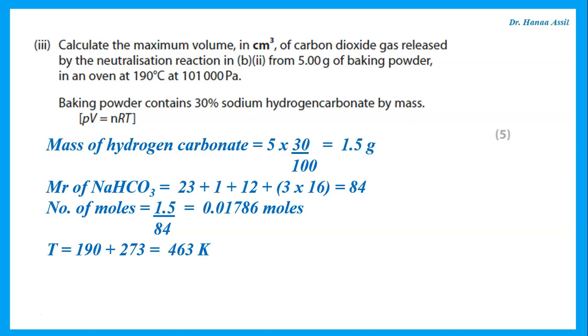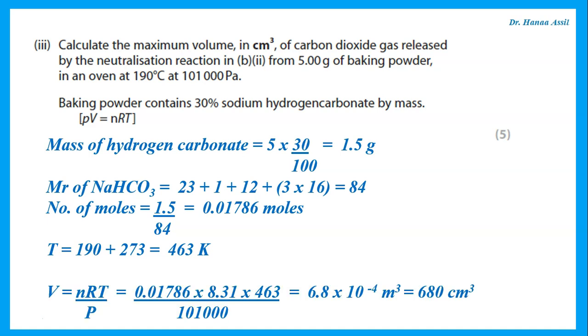And then we can put this into the ideal gas law. The temperature is 190. We add 273, so it's 463 Kelvin. Get the volume from the ideal gas law. Number of moles we calculated. R is 8.31. The temperature is 463 Kelvin. The pressure is already in Pascal. And what comes out from the equation is in meter cubed. We are required to get it in centimeter cubed, and that means we multiply by 10 to the 6. That comes out to